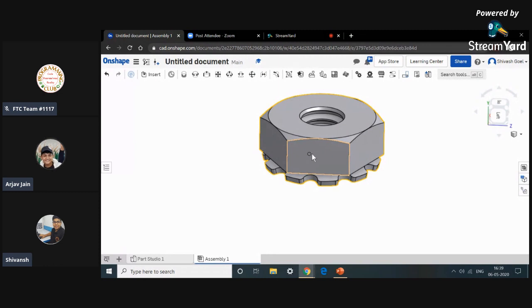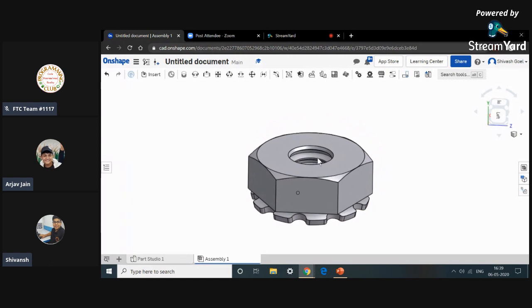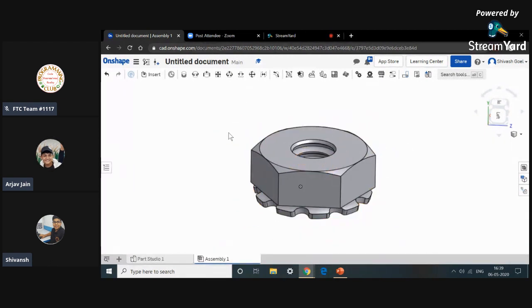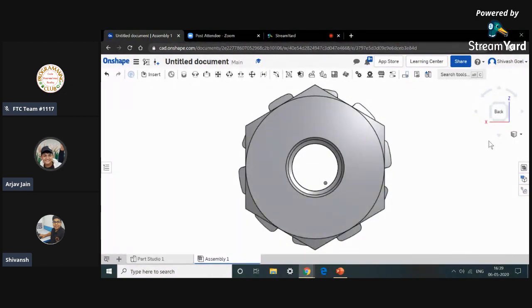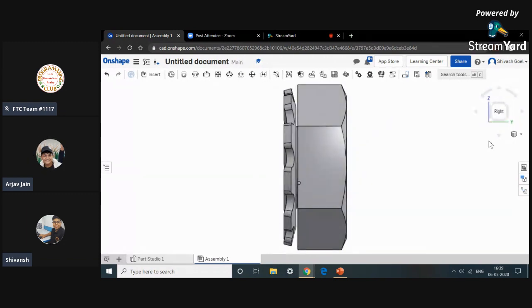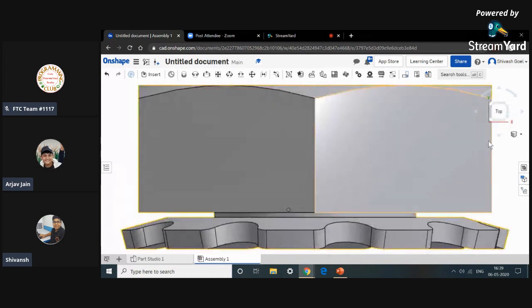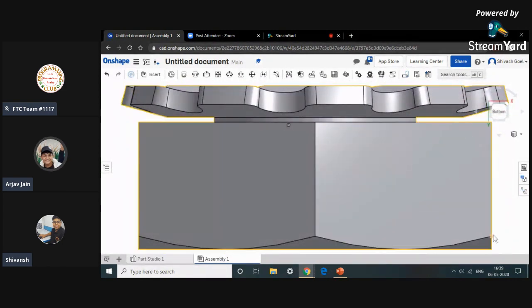To zoom in and out, use the mouse wheel. Yes, like this. To change your view, press Shift+1, and it will show the front face. Shift+2, it will show the back face. Shift+3, left side. Shift+4, right side. Shift+5, top. Shift+6, bottom. And Shift+7,